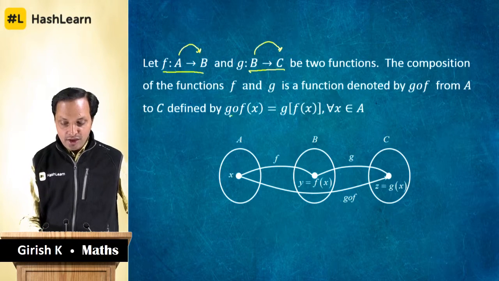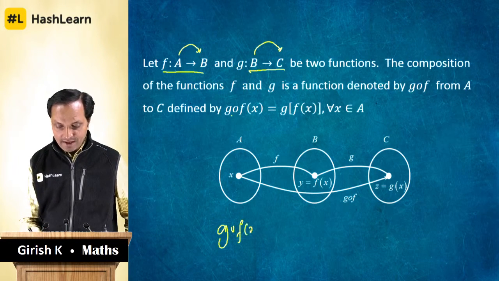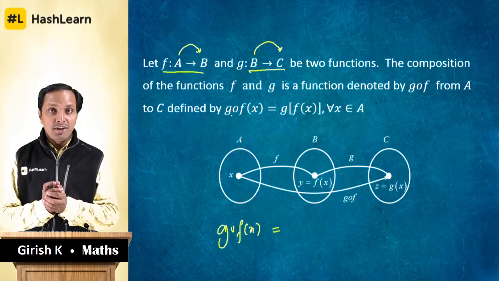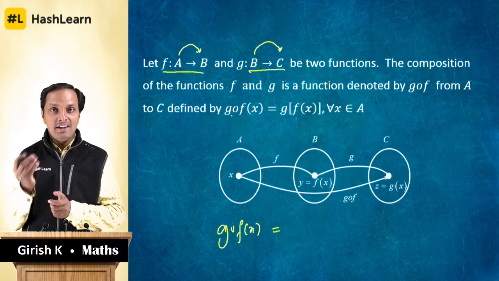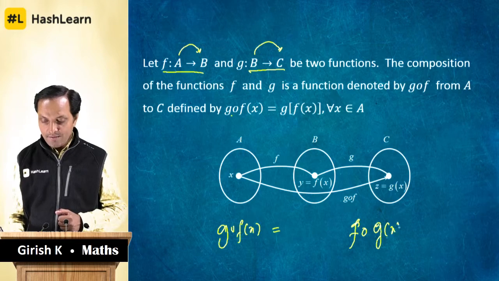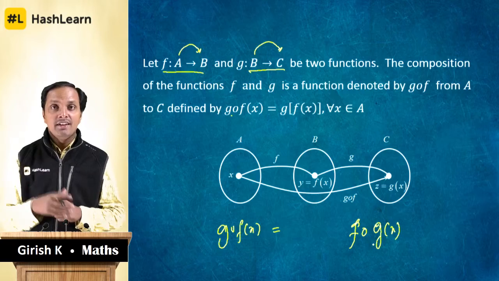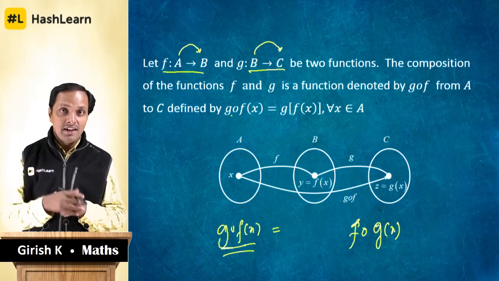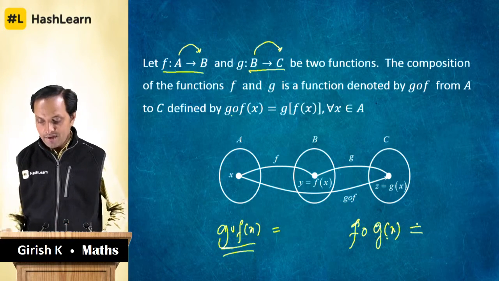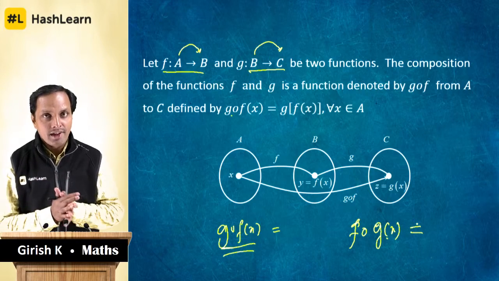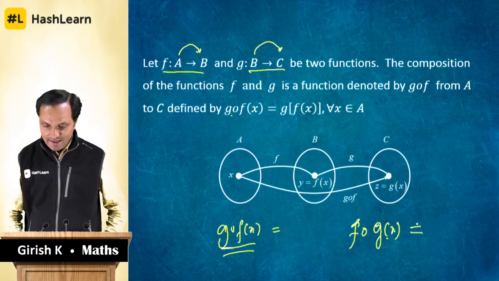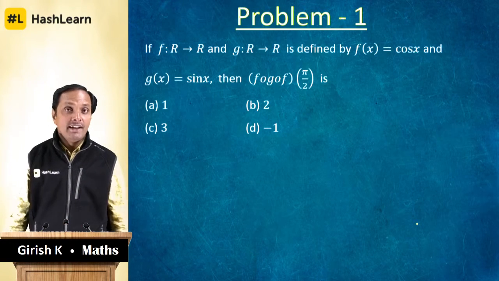So here g dot f. So g dot f of x, what do we have to do here? Here g of f means you need to put f in g. You have to put f in g. And if you write f dot g, f dot g means you have to put g in f. Here f has to be put in g, and here g has to be put in f. So we say g of f here and f of g here. I will give you a clear explanation of these composition of functions in the next slides by taking some problems